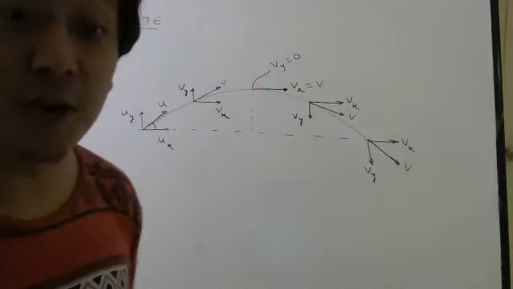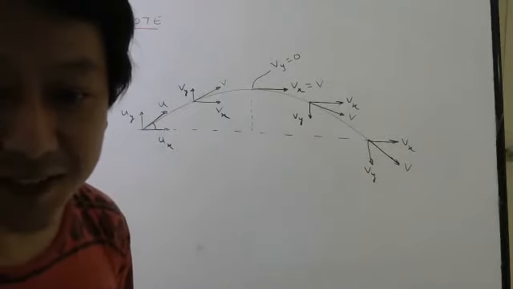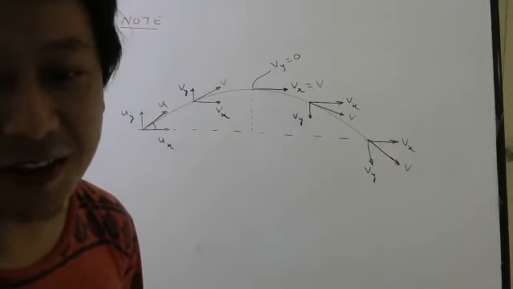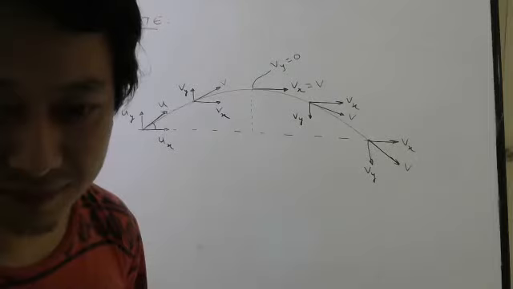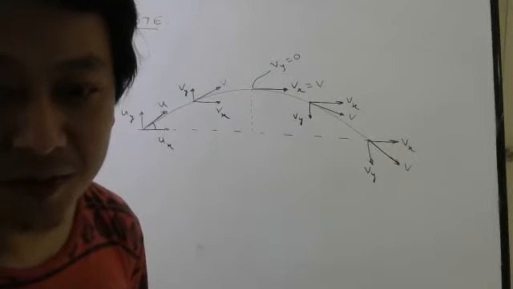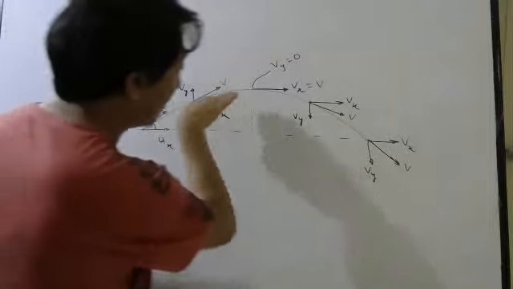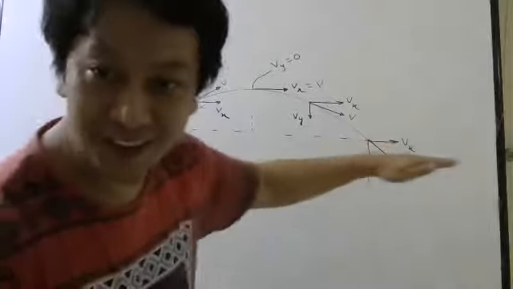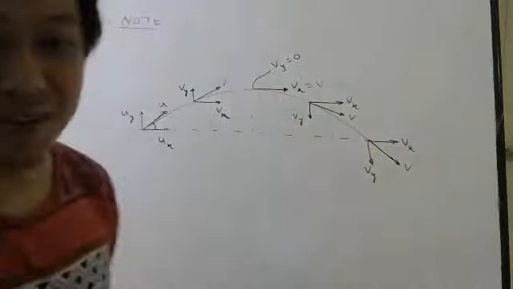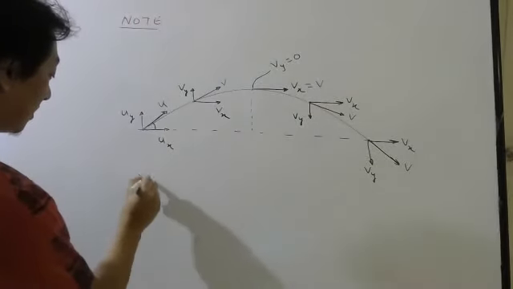But look at the x component. Is it changing? Already we have written, I have given you 1 mark notes. What do you see? What is happening to the x component? The x component is constant. Matlab, if the ground was not there, it would keep going. So please remember, the x component of velocity remains constant.